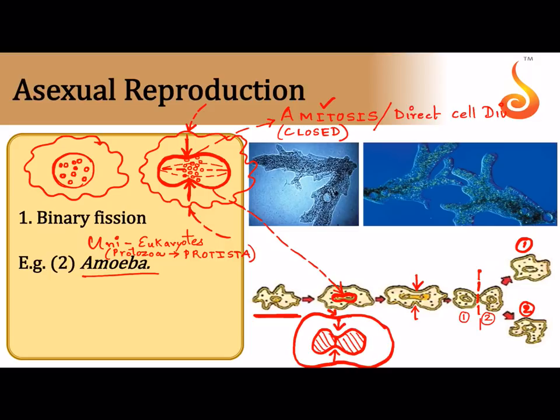So this is how binary fission is different in amoeba compared to bacteria, because amoeba has a eukaryotic organization. But the ultimate goal of binary fission is that it starts off like this, and it develops into two daughter cells. Each of them will rapidly grow into adults. Clear how binary fission takes place in amoeba? All right.